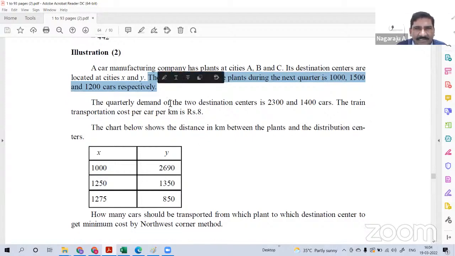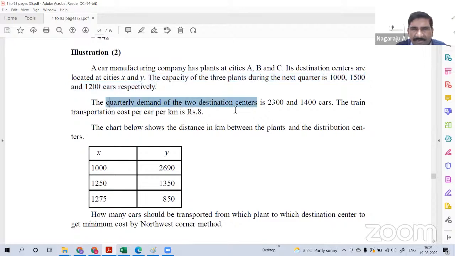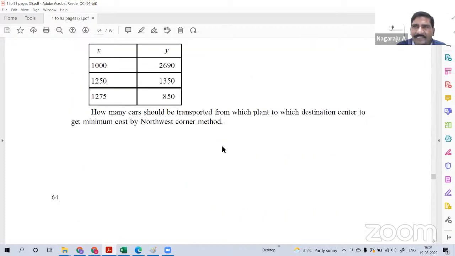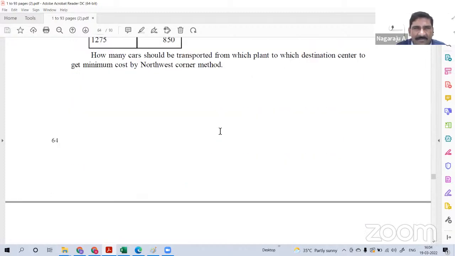Next, it is coming to the quoted demand for the two destination centers. These are the demands he is asking, with the cost of 8 rupees mentioned for each. So after getting the cost, we will multiply. Transport from which plant to which destination center, to get the minimum cost